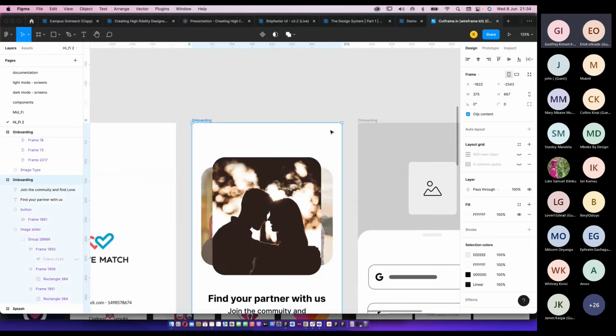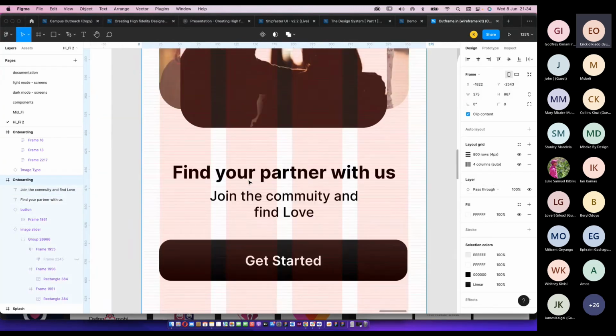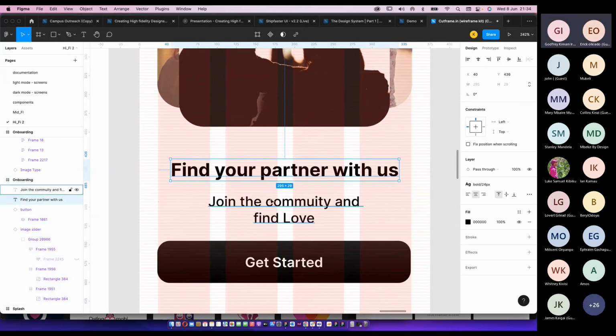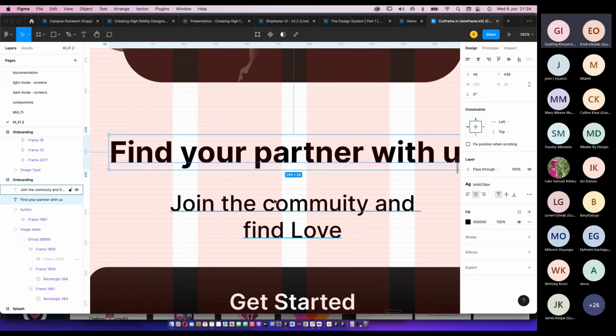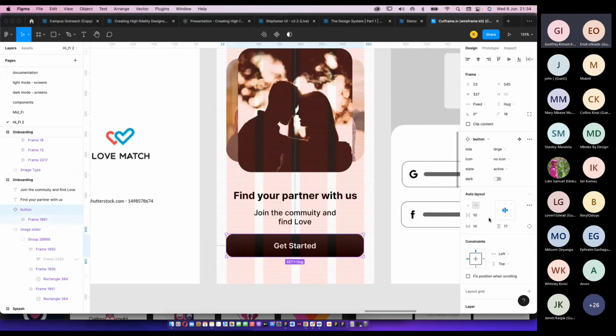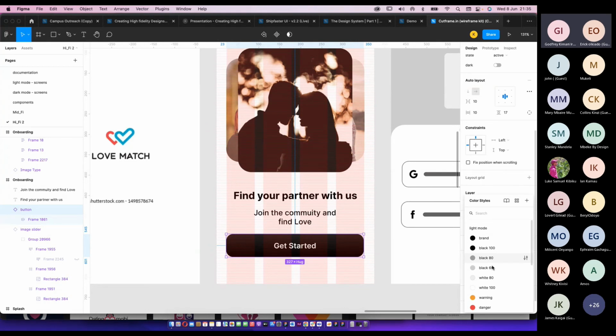Then I will enable my grid also just to make sure that I give a breathing space of around 4 pixels to the designs. The spacing of 4 grid. 4 pixels, sorry. So let's say, for example, you have that, then you can change the button to the state that you want. Again, from the design system, from the button, you can just change different states. You can give it different states. And then I will choose the color as, for example, let's say we have pink. Okay, from the design system, let's say we have it as,